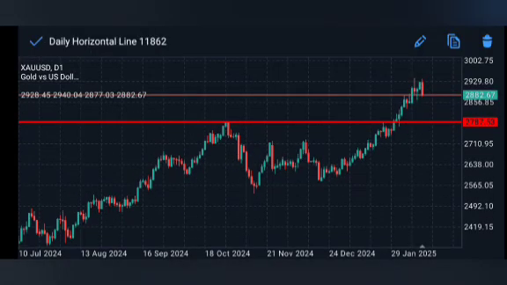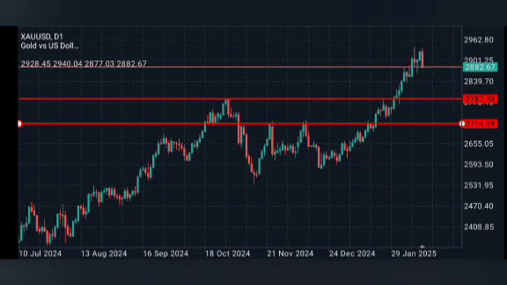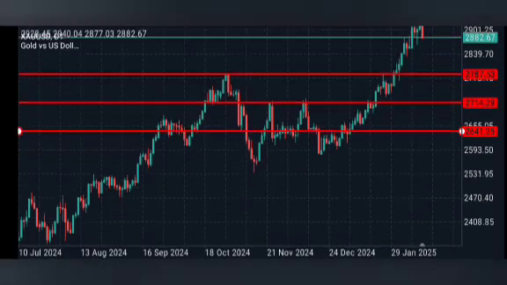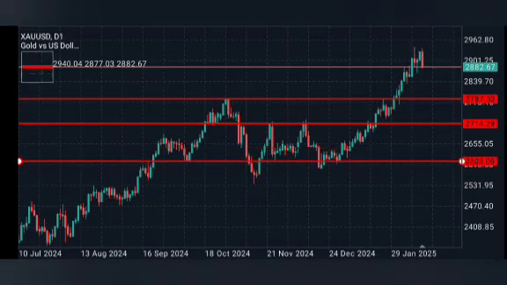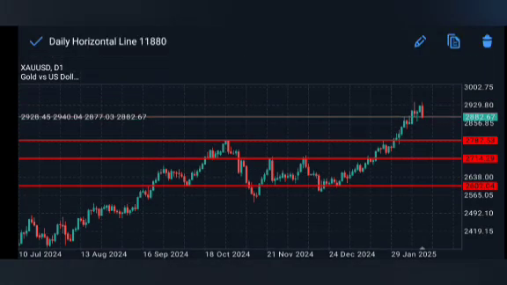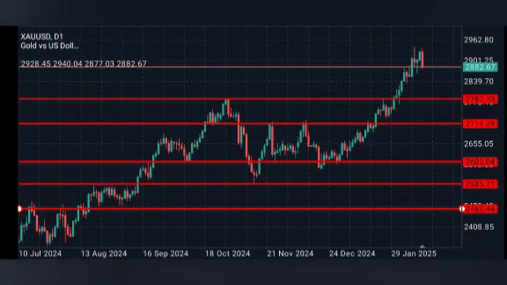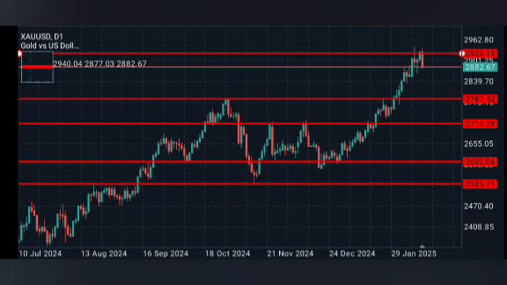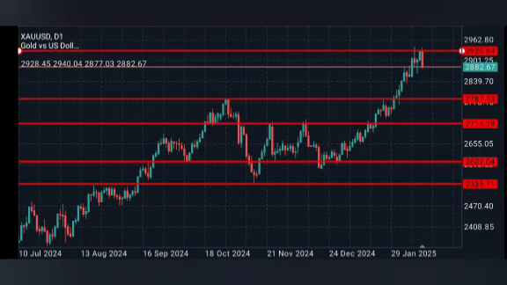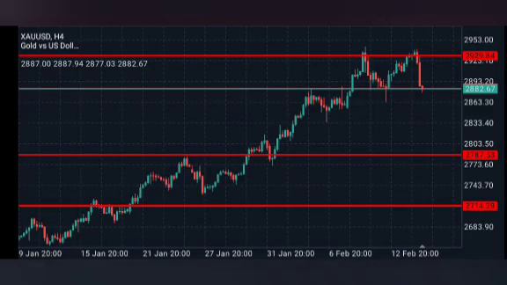Which other one again do you see? Okay, I see this one right here. Yes. Okay. And I see this one right here as well. And I see this one, extreme low. And I see the current market price, the current high that the market is making currently. I see the current high. So we move to the 4-hour time frame to see.